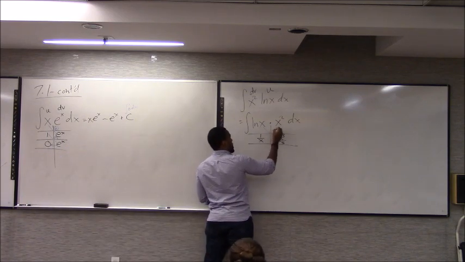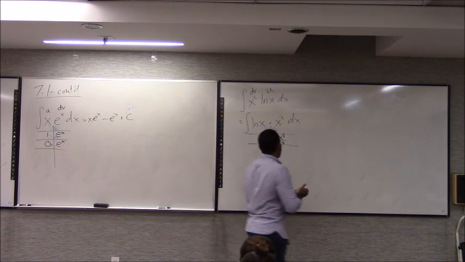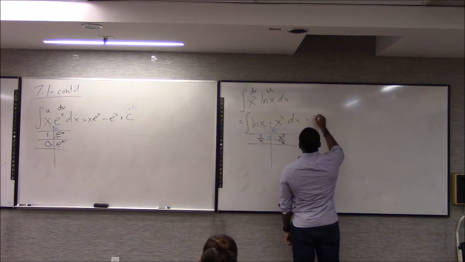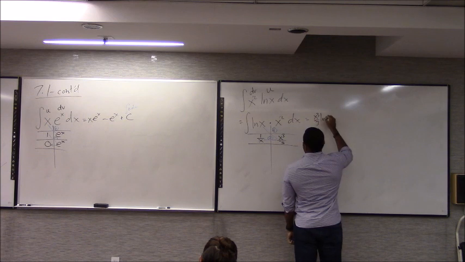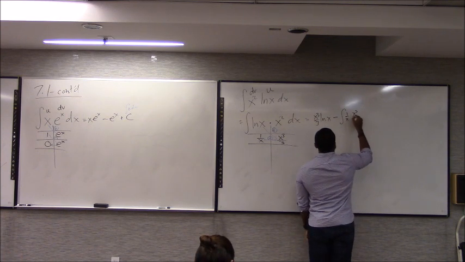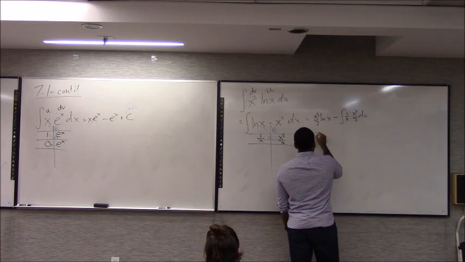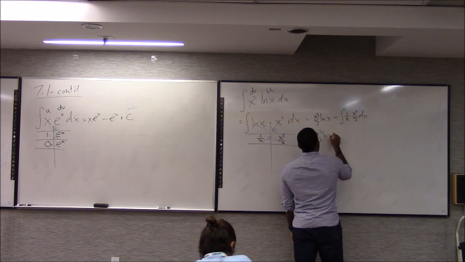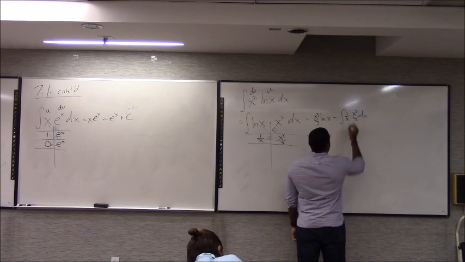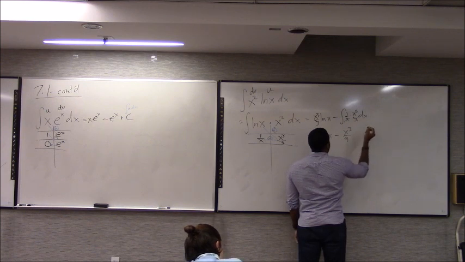So you have a plus times this, minus the integral of that, and so you would get x to the fourth over 4 times ln x minus the integral of 1 over x times x cubed over 3 dx. And that's exactly what you would have gotten had you used the formula. And so this goes into that, so you have the minus x cubed over 9 plus